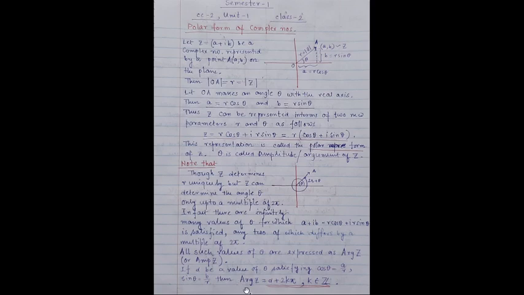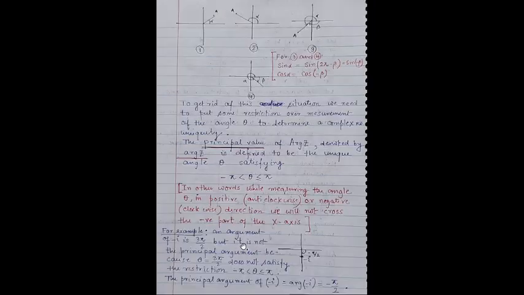They are the general argument or general amplitude for the complex number Z. Well, this is one situation. Let's come to another situation. In this case, say OA can be here, this point, the complex number A, the Z can be plotted here